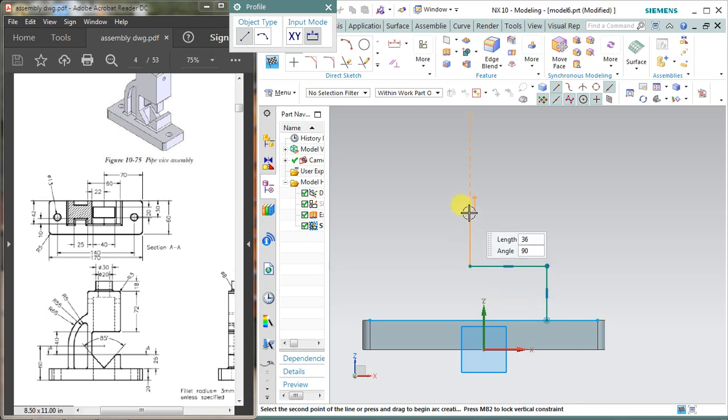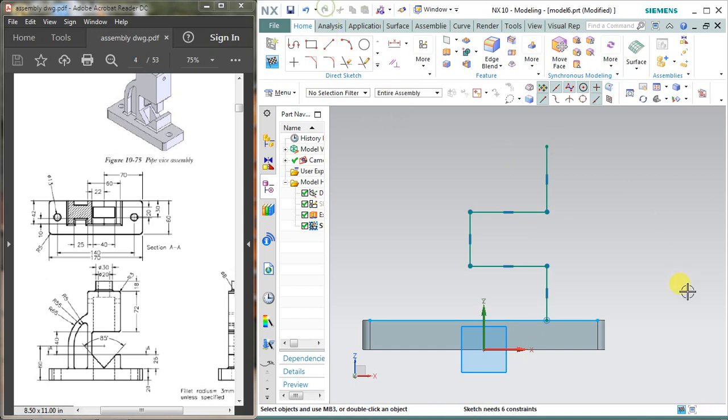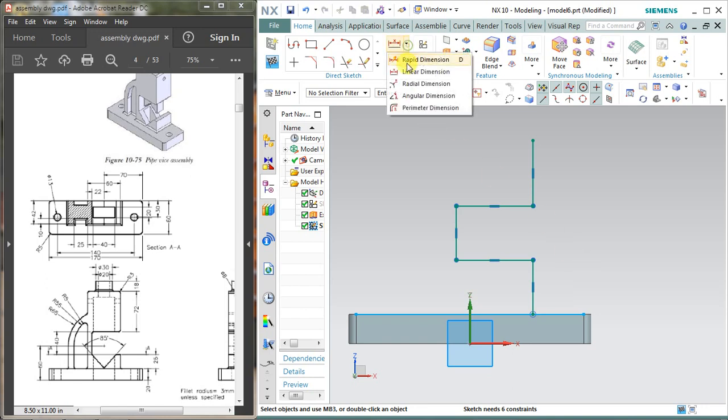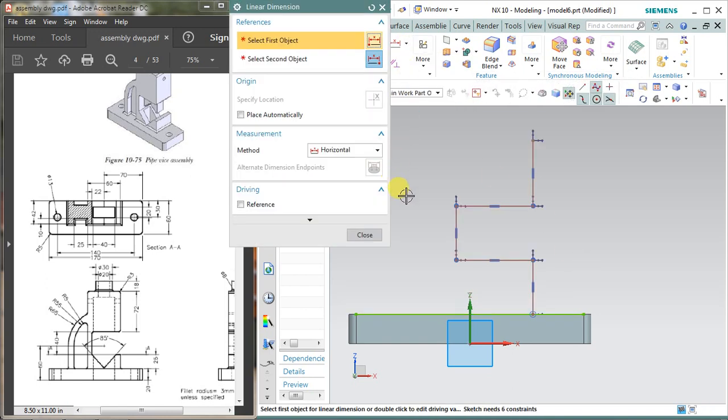First draw a rough sketch and give some dimension to it, and then start giving it complete dimensions. Here I have a linear dimension. Select vertical, and the height of this base portion, the V section, is 25.